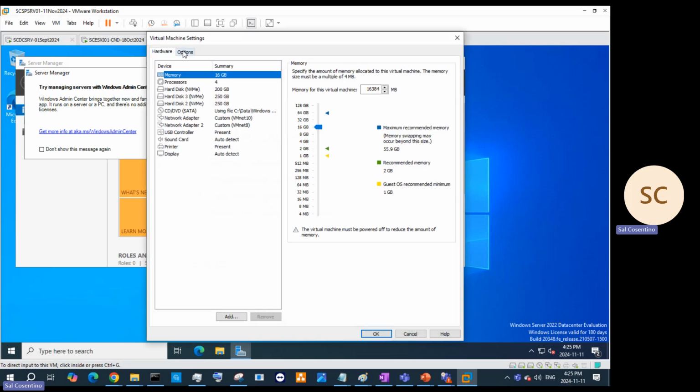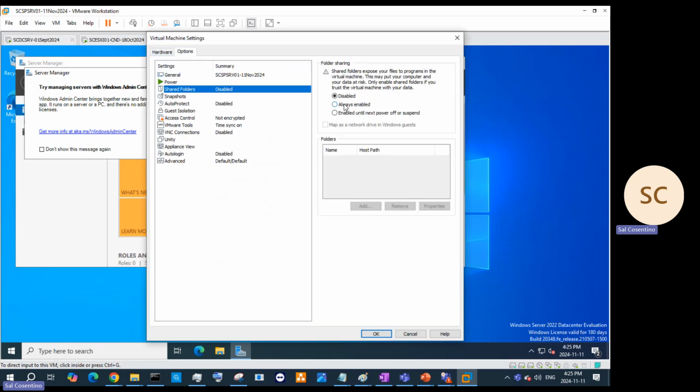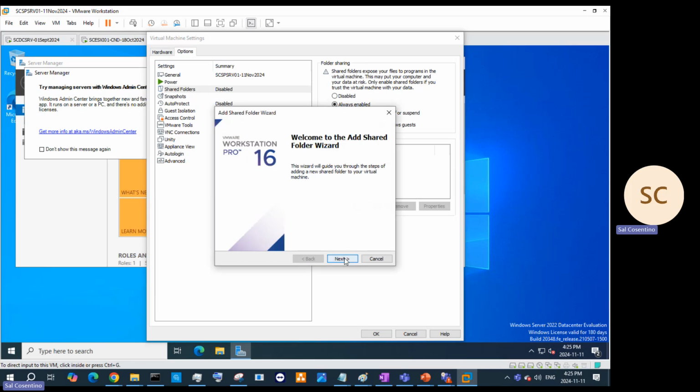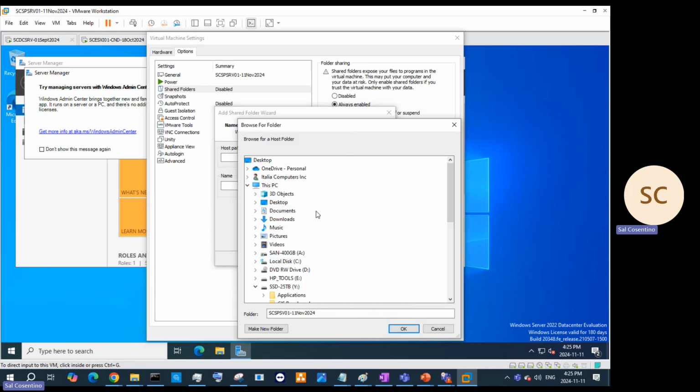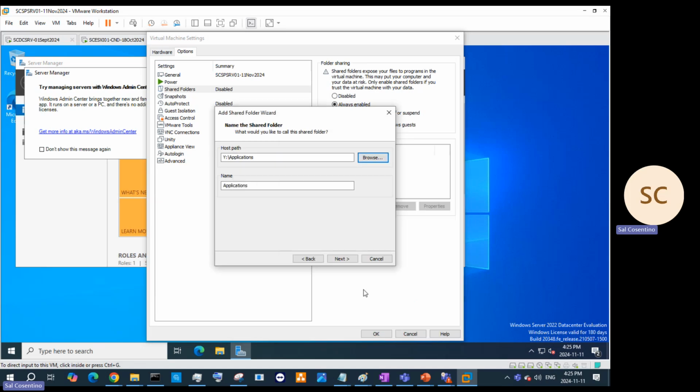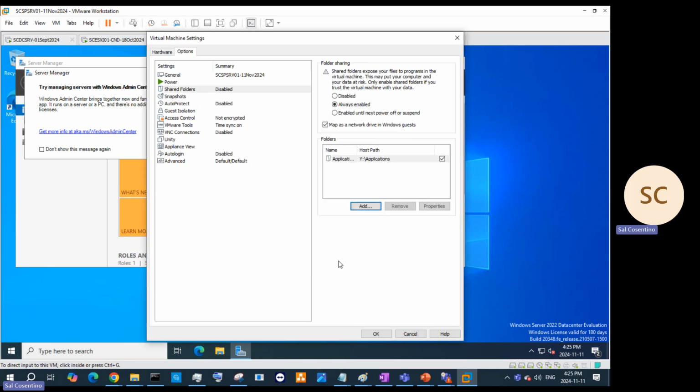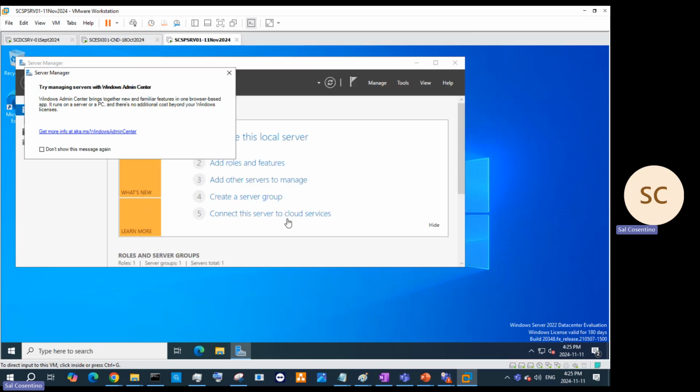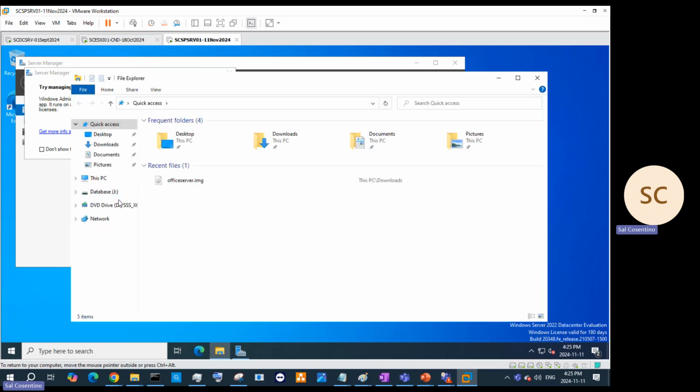Sometimes you can go into settings, options, and shared folders, and then add your shared folders, right? And always enable those shared folders. Map them to whichever guest comes in. So if I were to map that, I can map the applications folder, right? Just hit OK, next, finished, right? And then OK, make sure that's checked. So as soon as I load my files and folders,